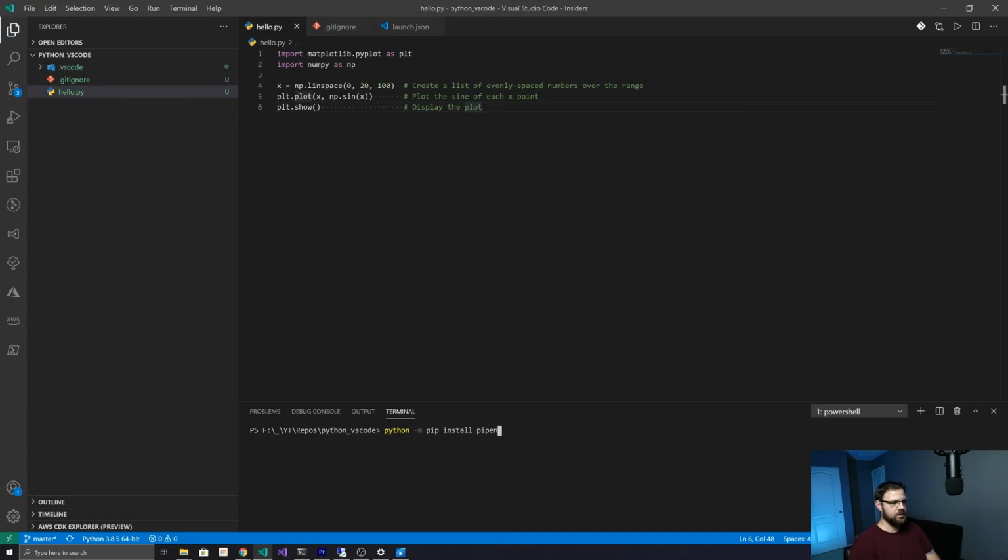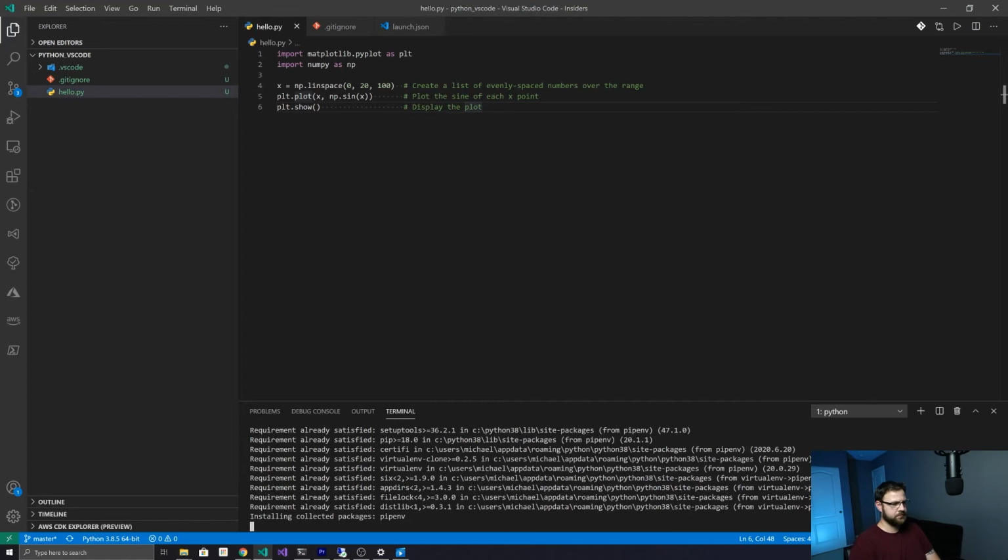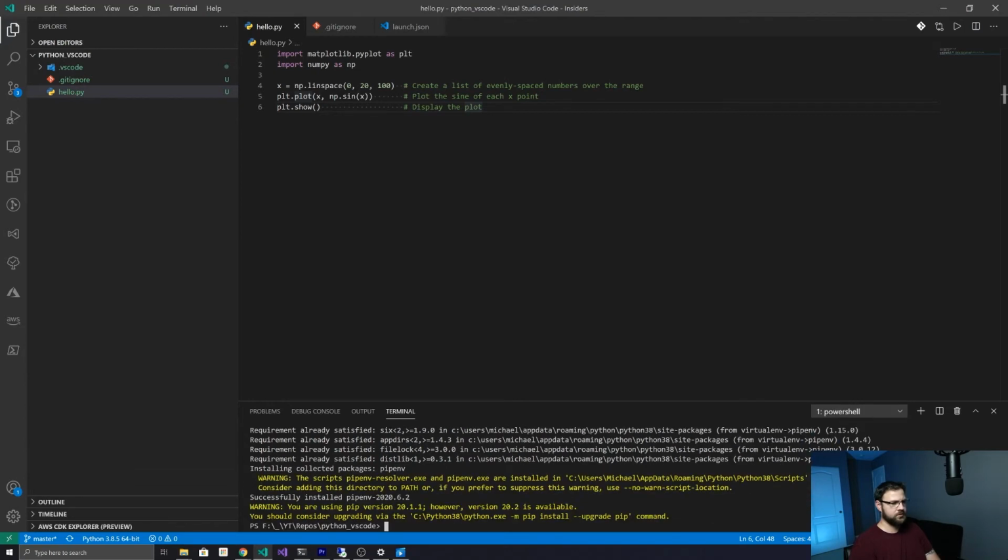We want to do --user pipenv. So we'll let that install. And then you're going to see here that because we installed it to the user, so you could install it to just the not the user. You could leave out that user flag. But because we did the user flag, it's going to warn us here that we should add this Python 38 Scripts roaming path to our path, which we can certainly do. So the way we would do that